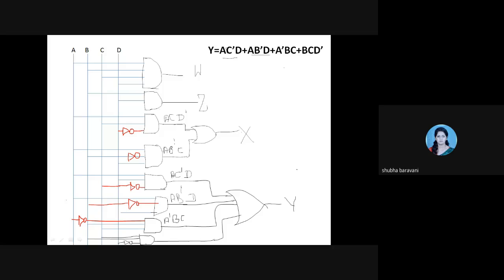Okay, got up till here everyone? Yes, ma'am. Understood how to put the combinational logic circuit?